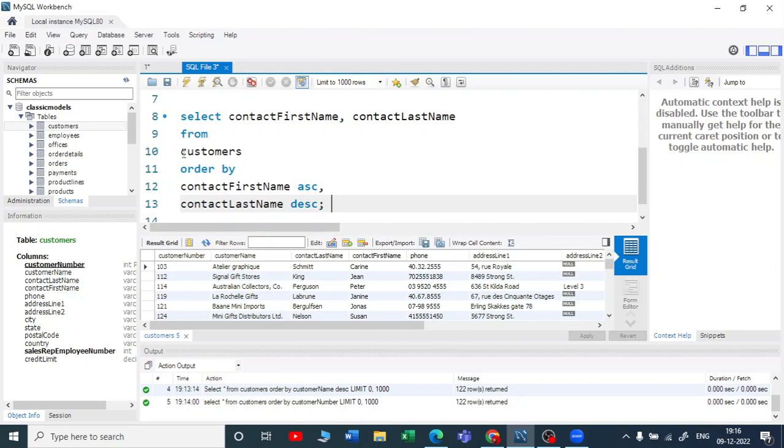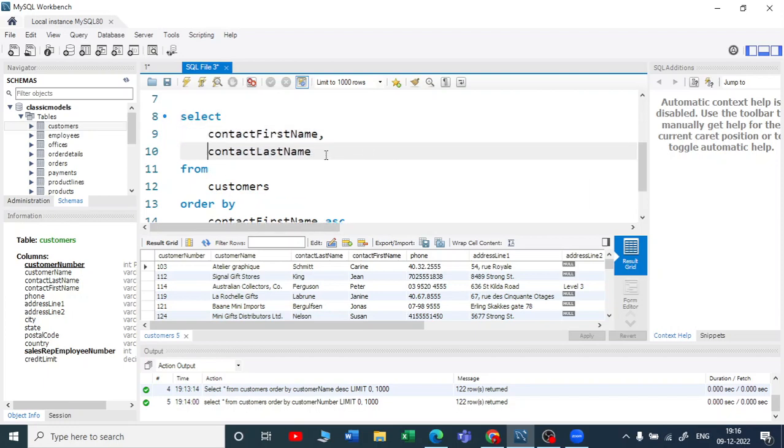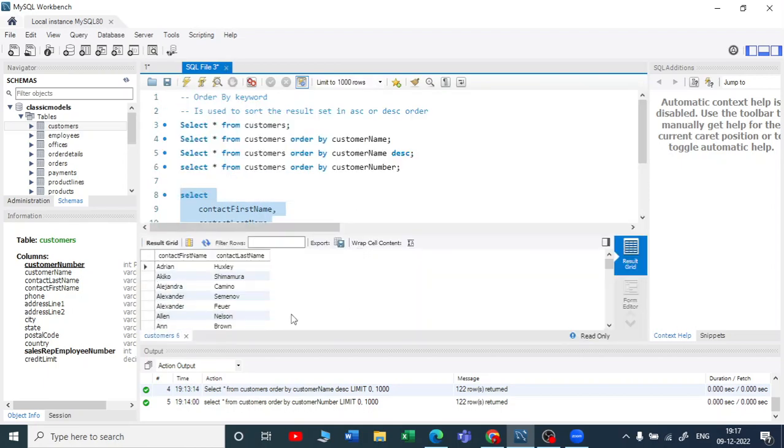So to have the code more readable, let me just take this forward. Let me press enter here, and yeah, so this makes the code more readable, so you can easily understand select, from, order by. Let me execute this code,